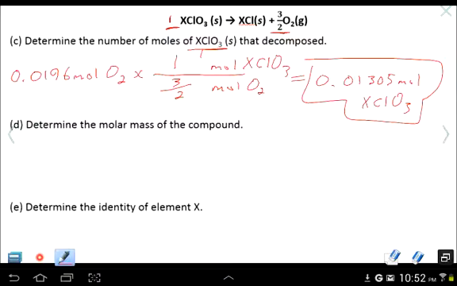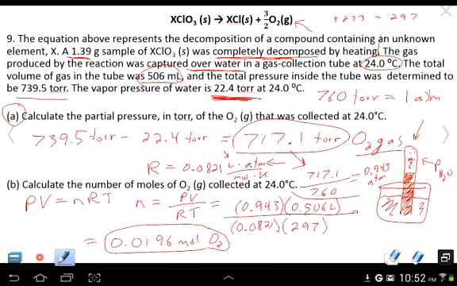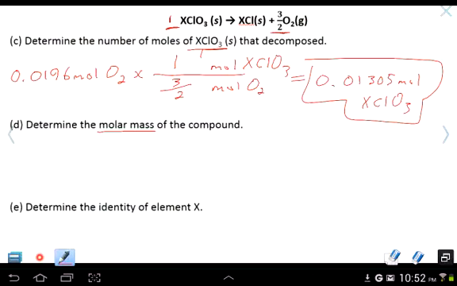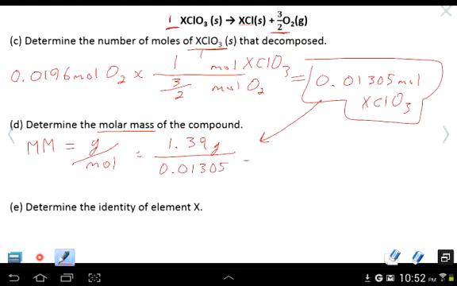D says determine the molar mass of the compound. Now for the molar mass, they actually gave us this mass to begin with. Since we know grams, and we now know moles, molar mass is grams per mole. So take your grams and divide it by your moles. So we have 1.39 grams divided by our moles, which is this number, 0.01305, and we should come out with 106.5